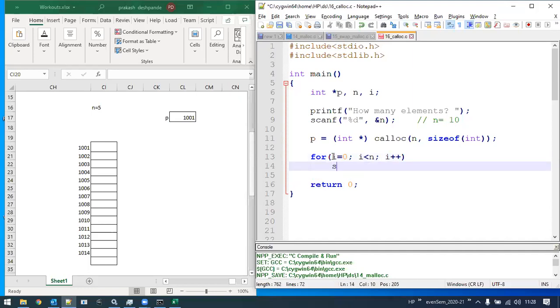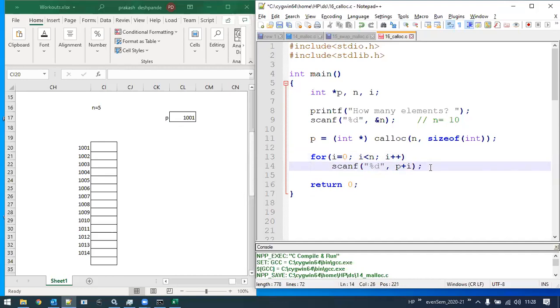Now scanf, we are going to read the values of integer data, so %d, and they have to be stored in the respective memory locations. First time the P value is 0, isn't it? Can I write it as P plus i? P plus i means what?